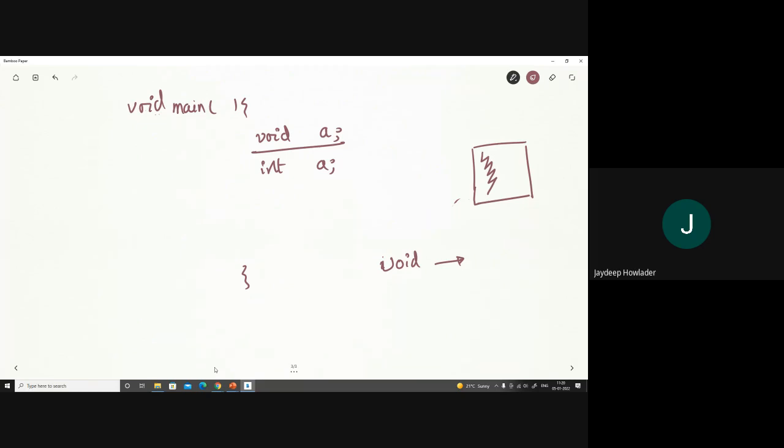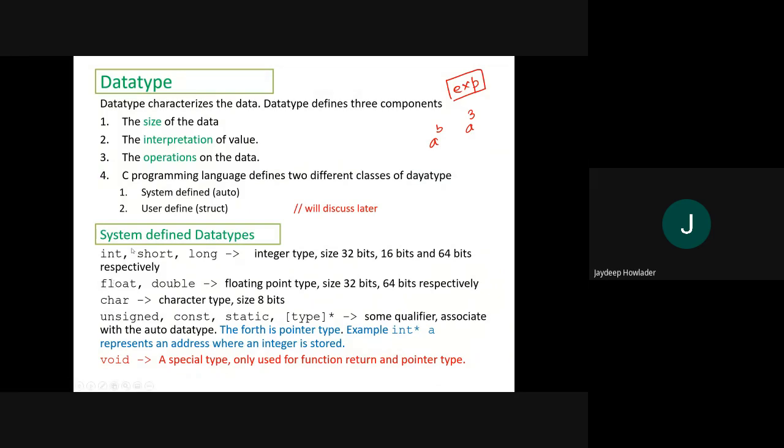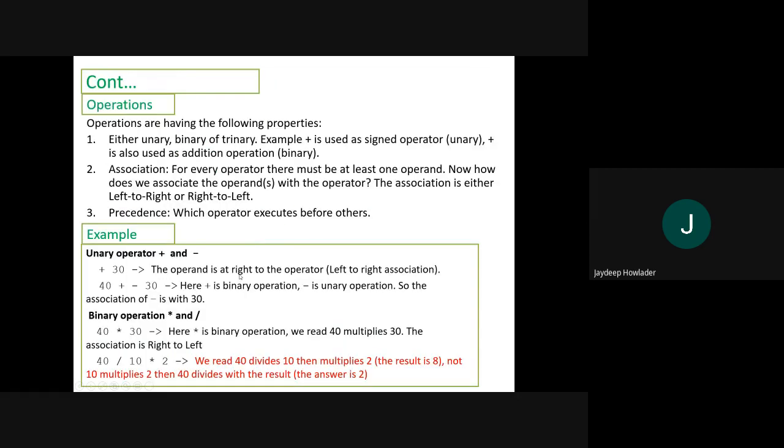Understand? Void does not exist as an independent data, but whenever we have a function call, we have to specify what is returned to the calling function, and for that we have a special type of data which is called void. So these are the different types of system defined data types, or auto type data.